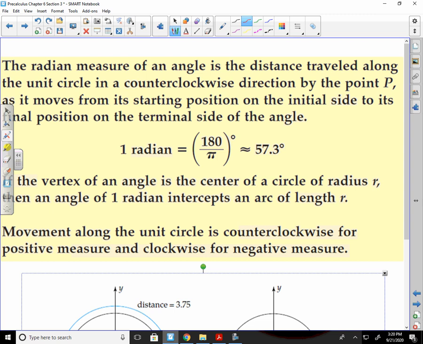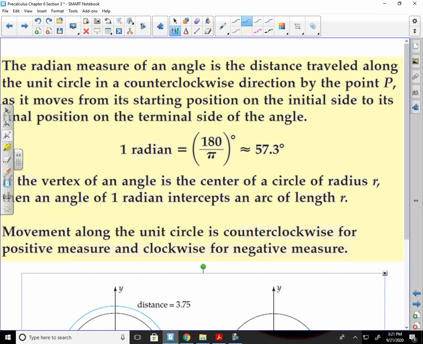The radian measure of an angle is the distance traveled along the unit circle in a counterclockwise direction by the point P. So imagine, yesterday we talked about how our angles are dynamic now. We have that starting point where they start out on the initial side, and then it's moving counterclockwise. So as it moves from its starting point on the initial side to its final point on the terminal side of the angle,